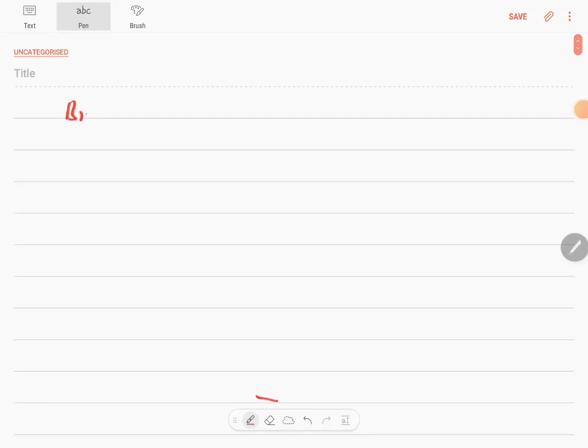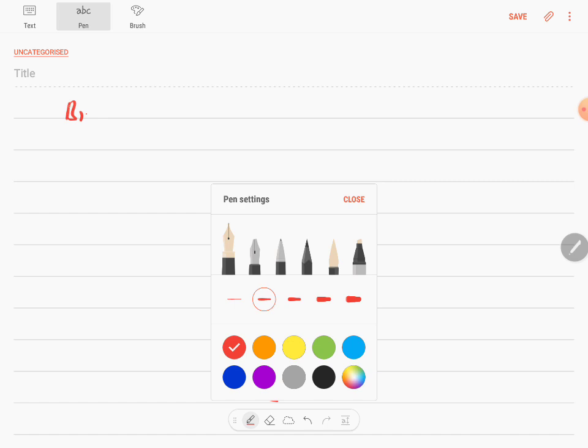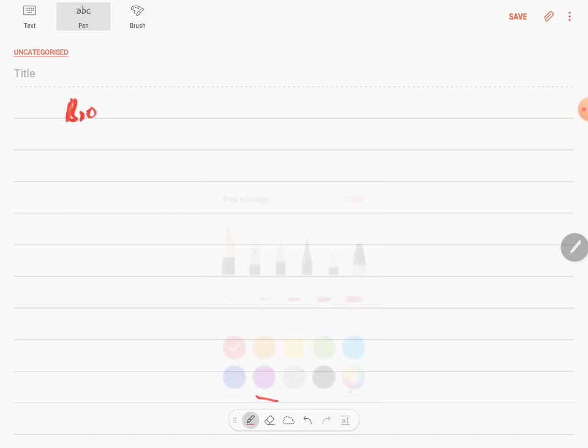This is Biot-Savart law. Let me write it in black color pen. Biot-Savart law,